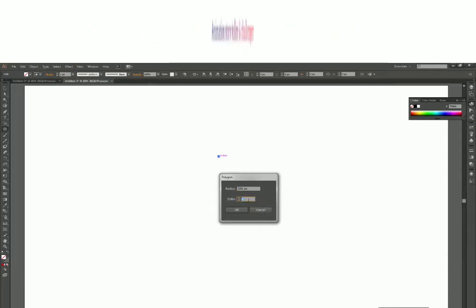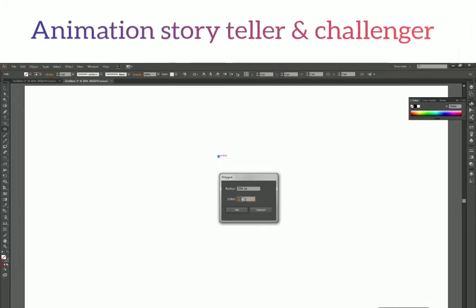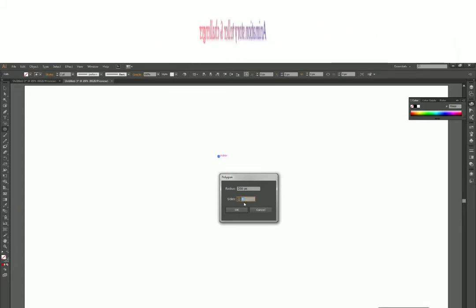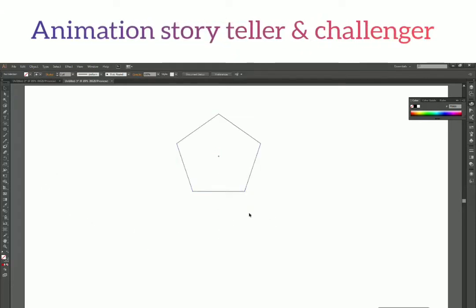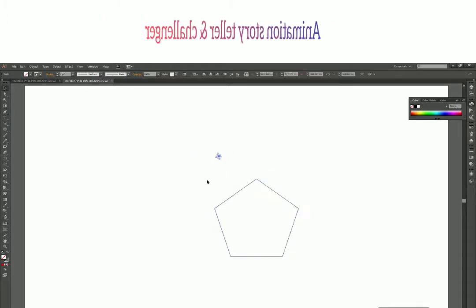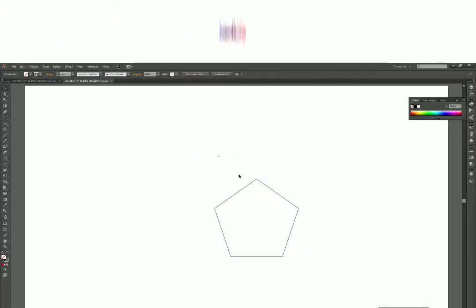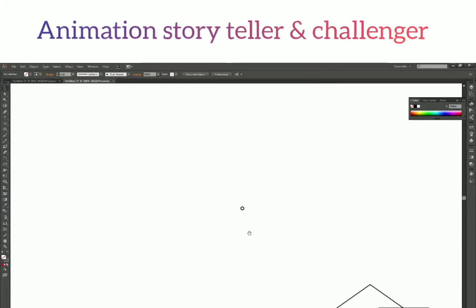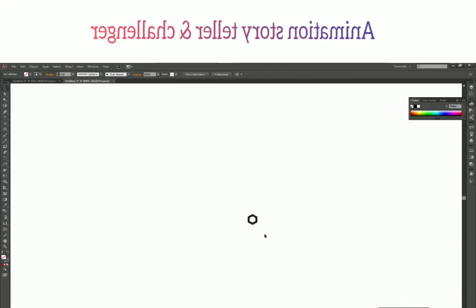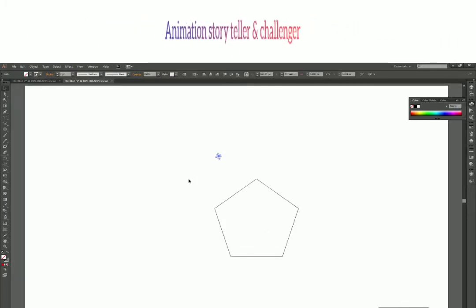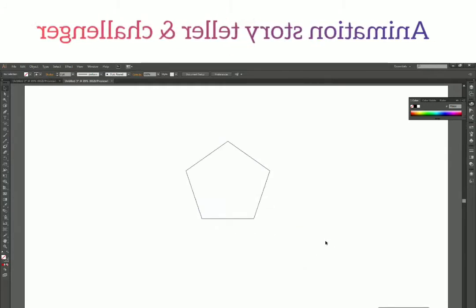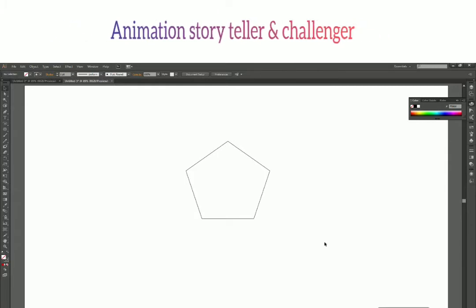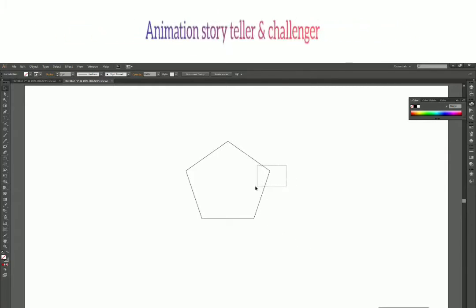And number of sides, now it is 6. That means a hexagon. When we change it to 5, that makes it a pentagon. So let's make it a 5 and click OK. So we have a pentagon this time instead of a hexagon. And we have an extra polygon over here. Let's zoom in and see. Alright. Yeah, we have an extra polygon. Press Ctrl 0, select this and delete. So yeah, there are two kinds of options we get in the option window. Now let's see what option keys we have with the polygon tool.